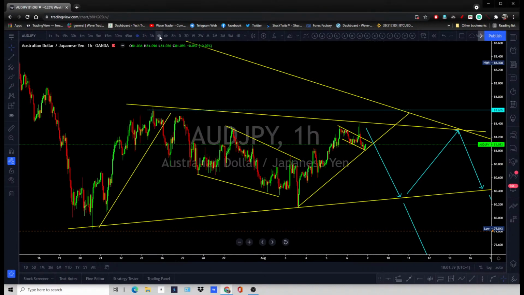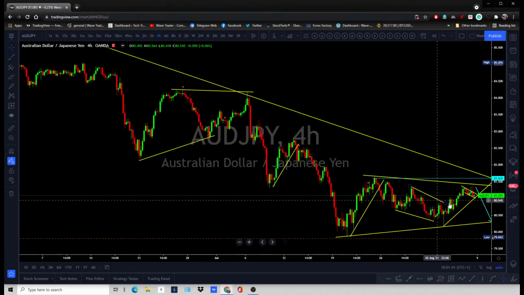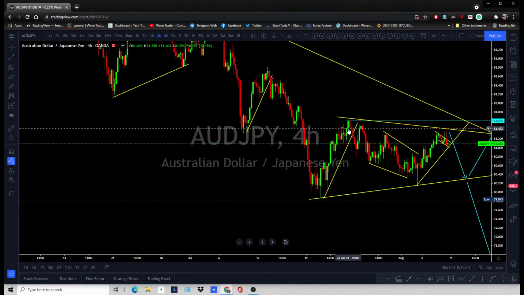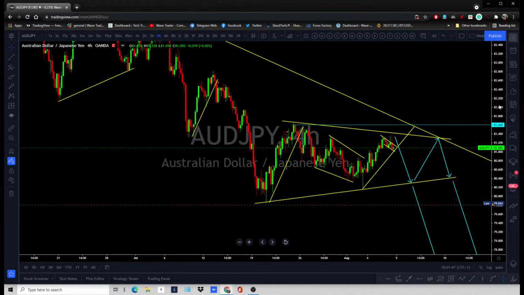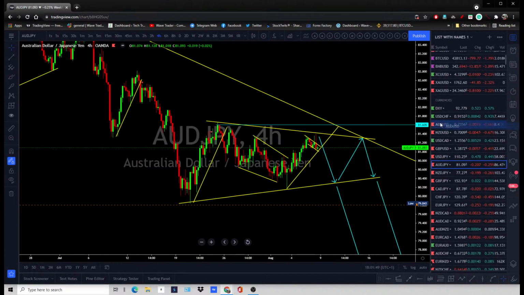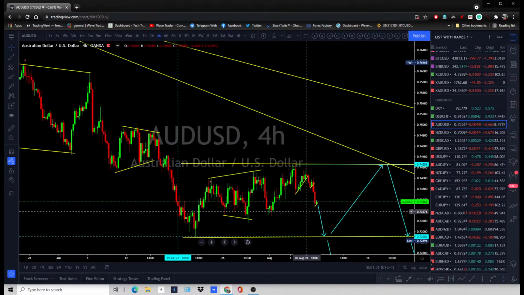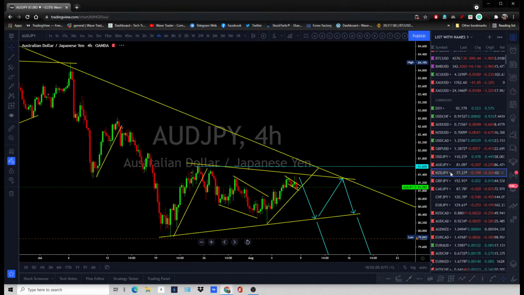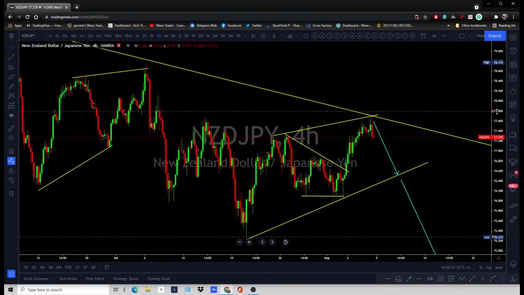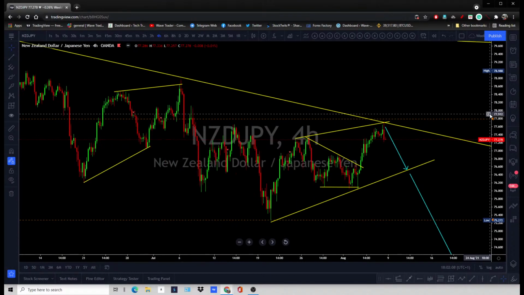All right, so Australian dollar US dollar is sitting at the bottom, but this pair is still sitting at the 4-hour top, so still sell opportunities there. This chart is going close to this low, so it means Aussie yen is still there to catch from the top. Same goes with this chart. You can go for both charts, either New Zealand dollar US dollar, or this.